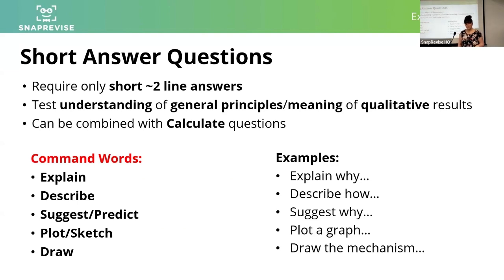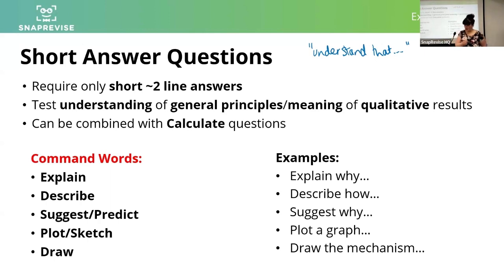And some examples would be explain why, describe how, suggest why, plot a graph of, draw the mechanism for, whatever. Again, in your specification, for some of these short answer questions, you'd be looking for phrases such as students should understand that, blah, blah, blah. If you're expected to understand something, you should be able to explain it. That's where the explain